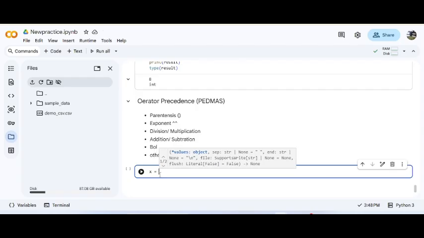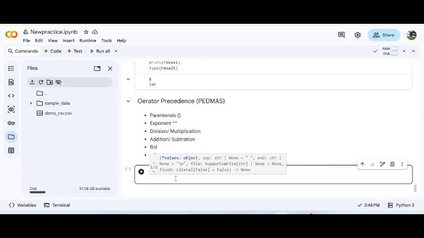X is equal to maybe 2 multiplied by 5, let's say plus